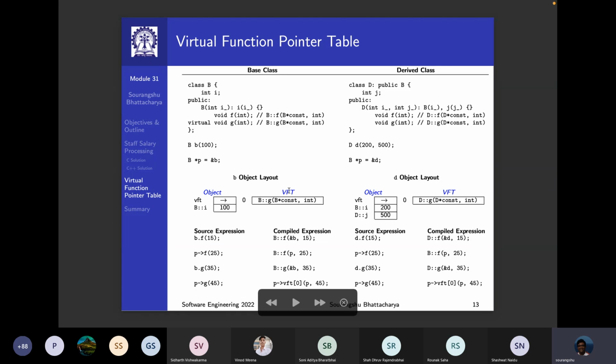You can say it's like a data member of this particular class, and then at compile time, the compiled expression will call